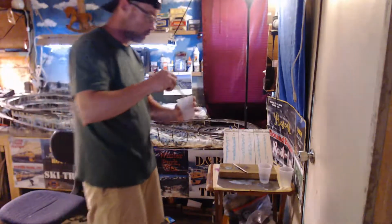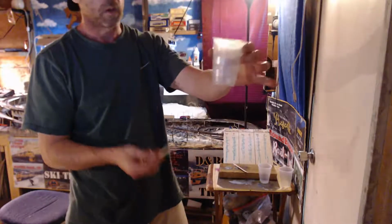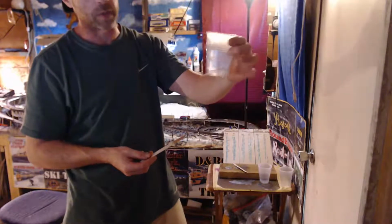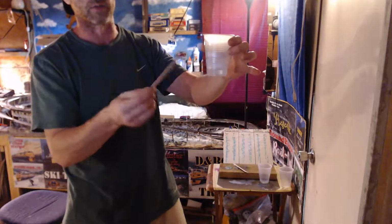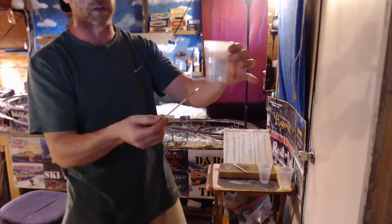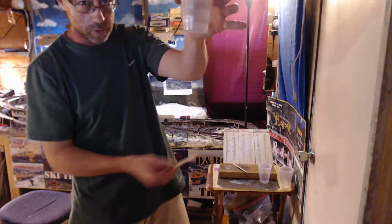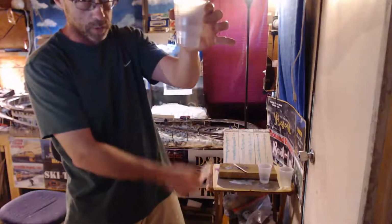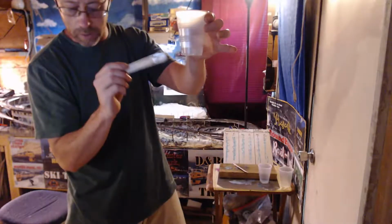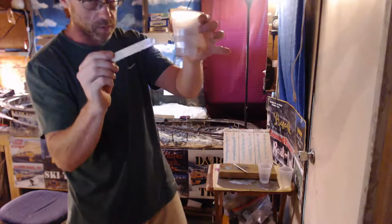All right, y'all. So what I'm going to do now, I'm going to pour Woodland Scenics. It has not rested. It is blended properly, and it did rest between. I did the 3-minute rest instead of 5 because it's such a little amount of product. If you just joined us, all I'm doing right now is pouring a touch of this on the Woodland Scenics water area of the chart, and then I'm going to let it rest a few minutes and pour some more to show you the difference in thickness in the effects